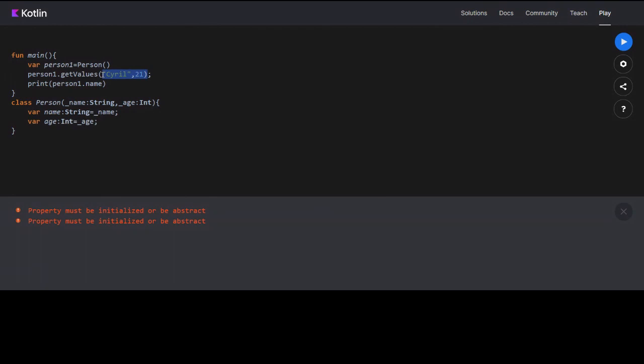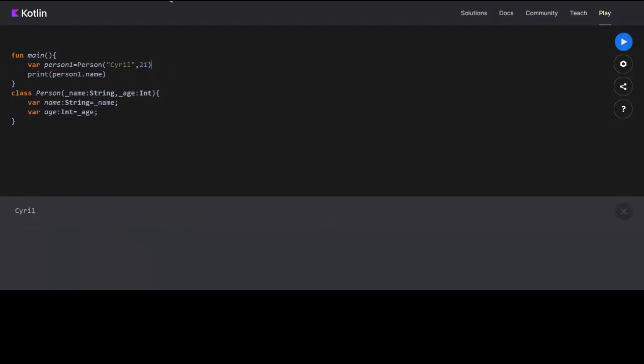Now we have to do this. Now it is working. So what I did here is that for classes, I have defined a constructor. In Kotlin, this constructor is called a primary constructor because it is called while defining the class.